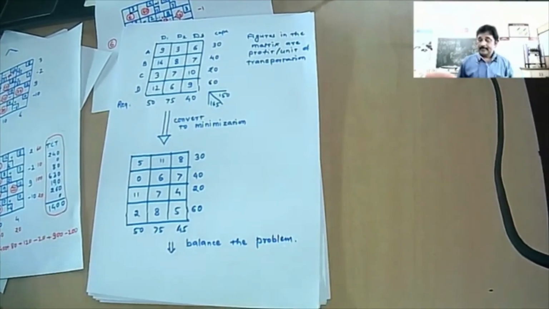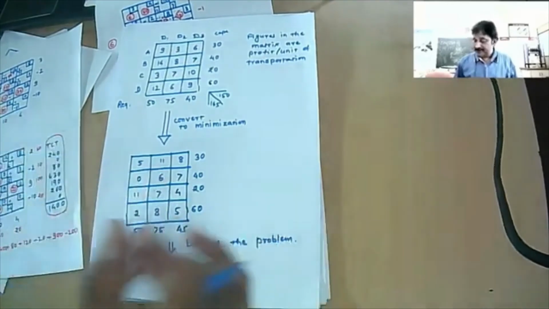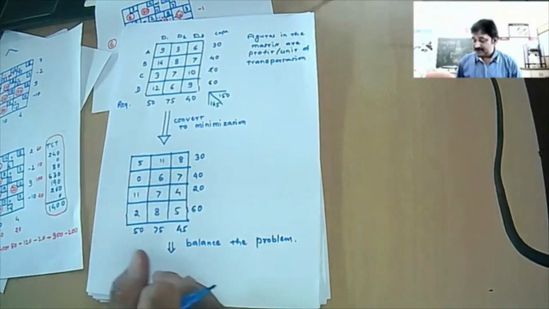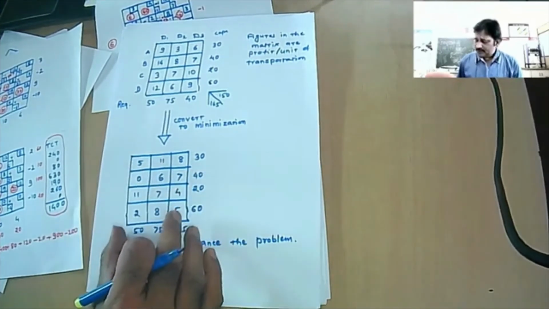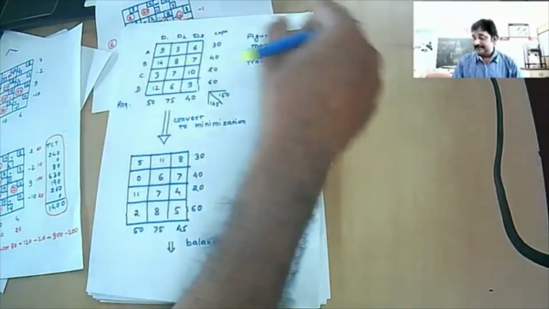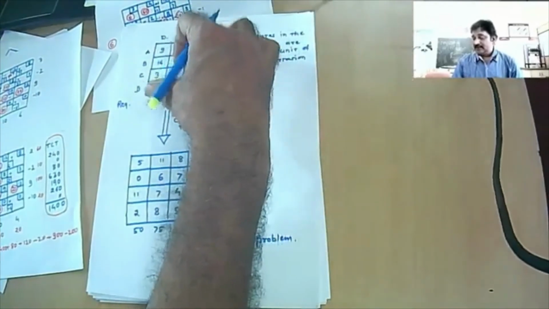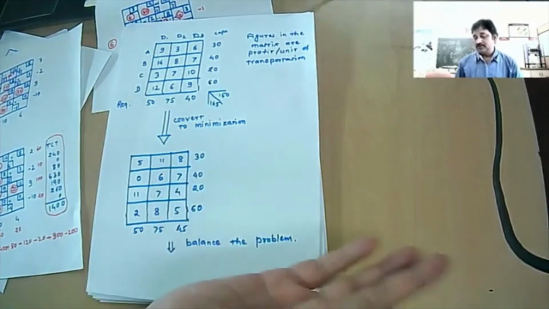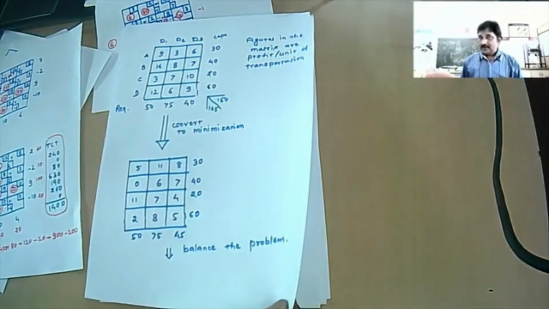Okay. And you will be solving that balanced problem by this process, and you will be getting the allocations. Then after you get the allocations, you post all these allocations in the original problem and get your final solution. All right. So for the time being, we are converting this problem to this and then solving, and after you get the solution, you post the allocations which you got in the original problem.